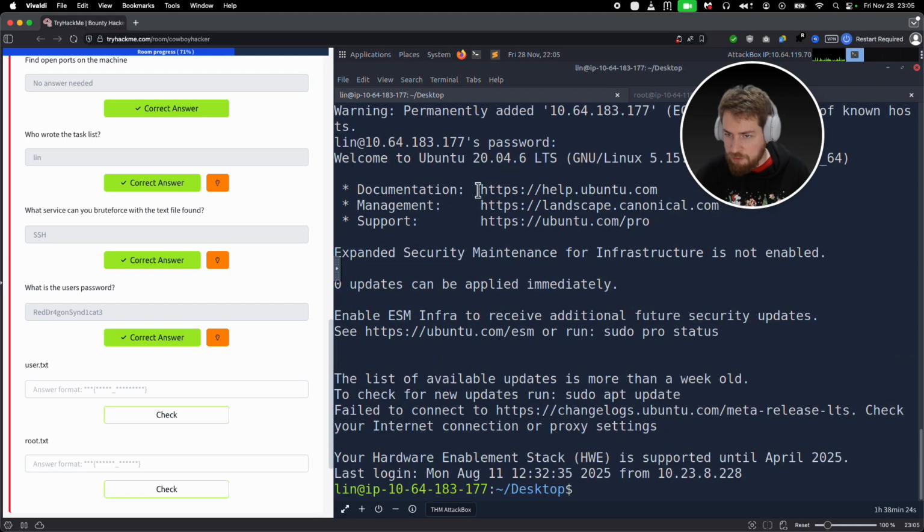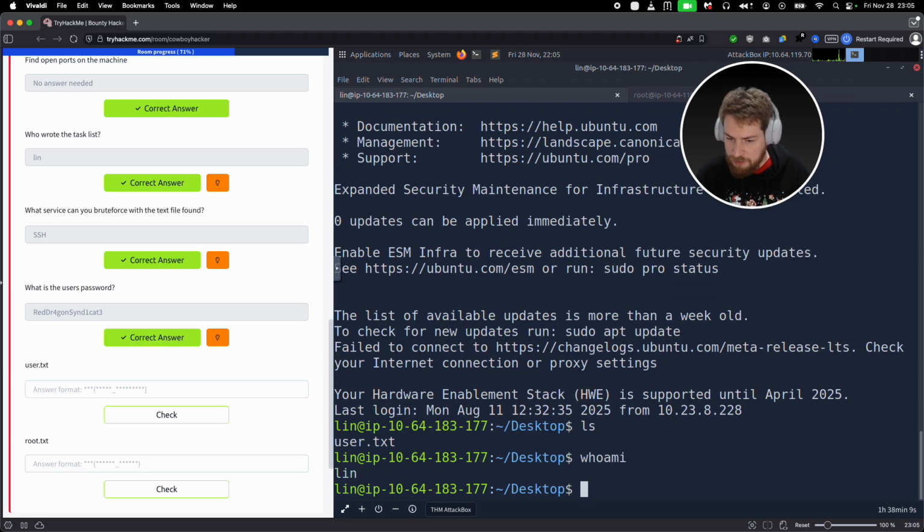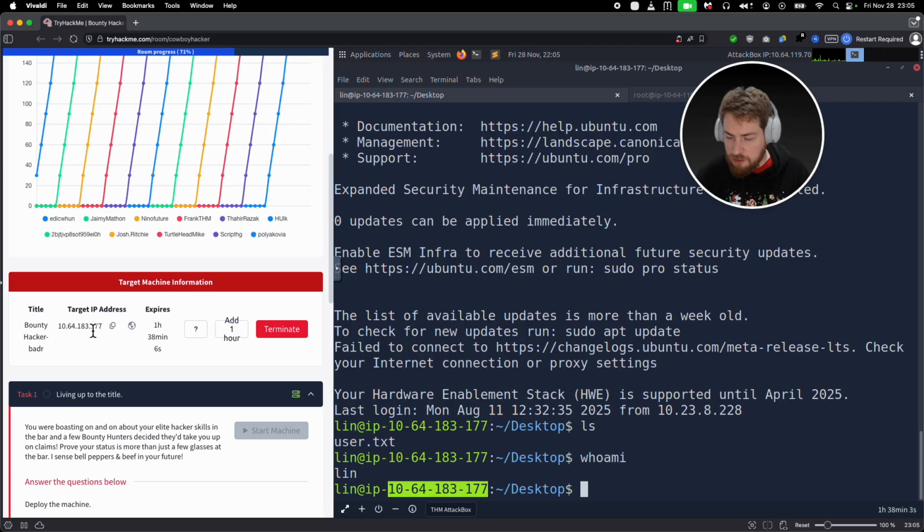And you'll see we are now logged into the target computer. You see, welcome to Ubuntu 20.04. So this is not the attack box. This is the actual target computer. You'll see if I list the files and folders here, or if I do whoami, you'll see I'm user lin at this address, and this address matches the target address. You'll see this is an exact match, these two. That's because we use SSH to remotely log into a computer,